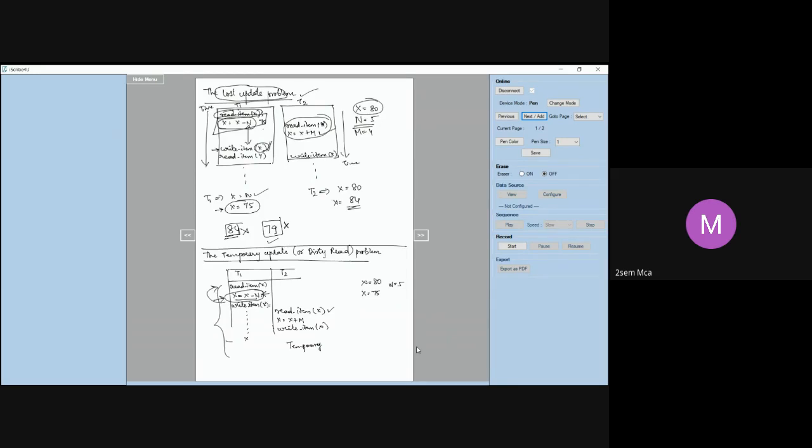This value of item x, which is read by T2, suppose x is 75 and that is read by T2, is called dirty data, because it has been created by a transaction that has not completed and committed. You have not committed that, and that transaction is not complete. Hence, this problem you call the dirty read problem. Any doubt?